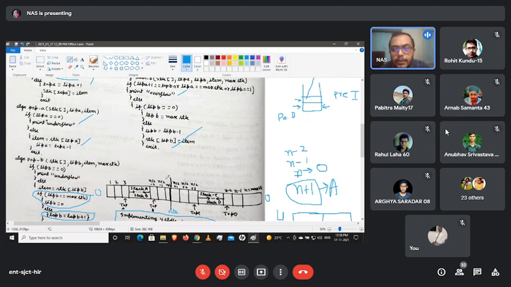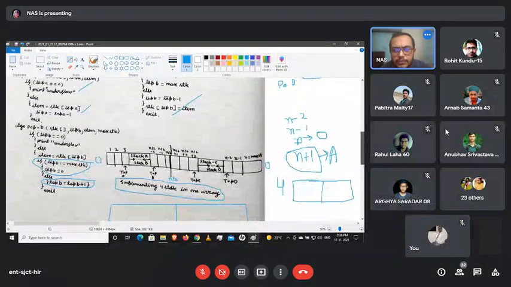But only for top D it will be n/2 plus 1, and for top C it will be n/2 for the underflow condition. Okay, and the rest of the parts is going to remain the same. So I guess it's clear. You guys can try this one.